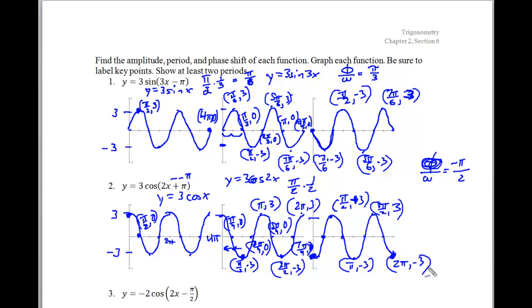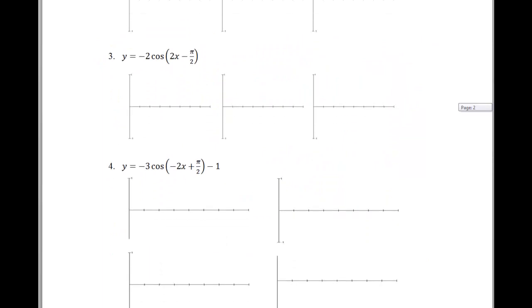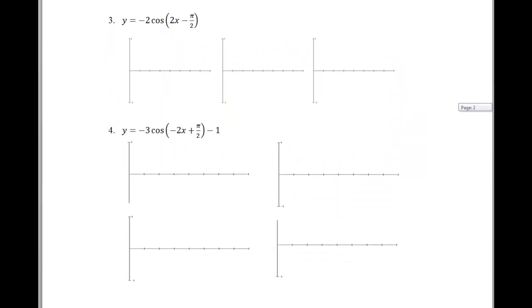All right, halfway through, and it's time for us to move on to our final two problems here. All right, so we're going to take a look at, there we go, I think we can fit these on the same screen here. Okay, so what we have here is -2 cosine of 2x minus pi over